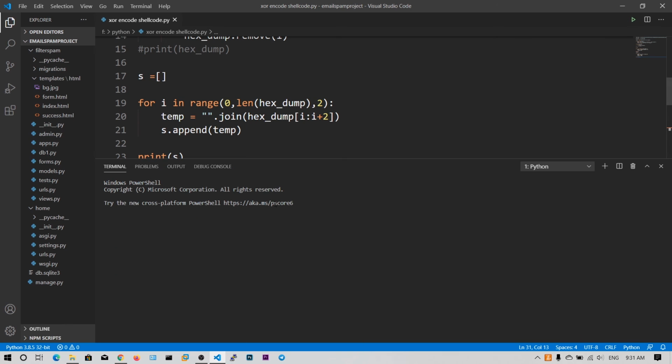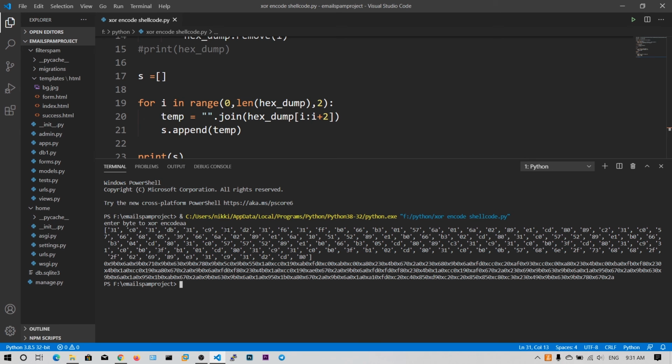Let's execute our script. Now I'm going to give the byte AA. So guys, we have got this shellcode. You can see 0x9b, 0x6a, 0x9b. Okay, fine.